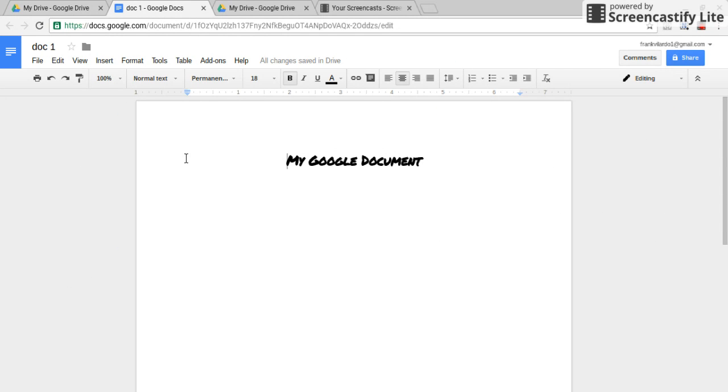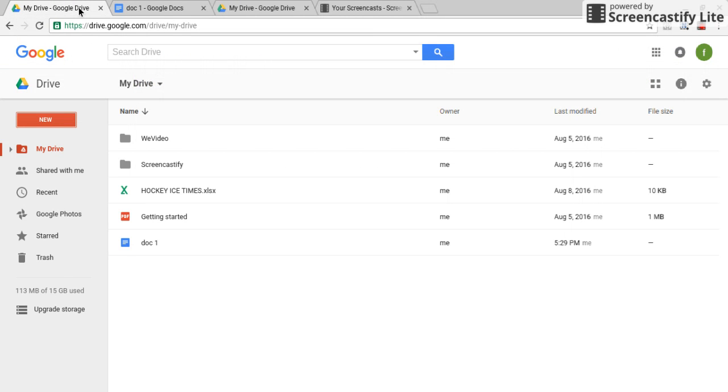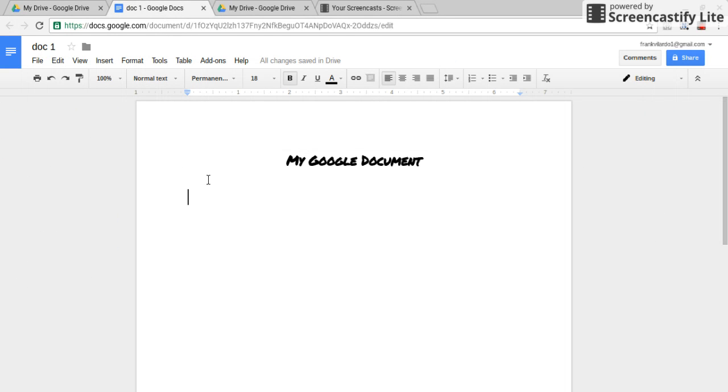We can be working in this document, and at the same time, I can have a separate window open, and I can see the document inside of my Drive, which is right here, Doc 1. So I'm just going to go back and put down, this is my first document created in Google Drive. So remember that you have to go into New, Docs, File, Rename, and rename your document,